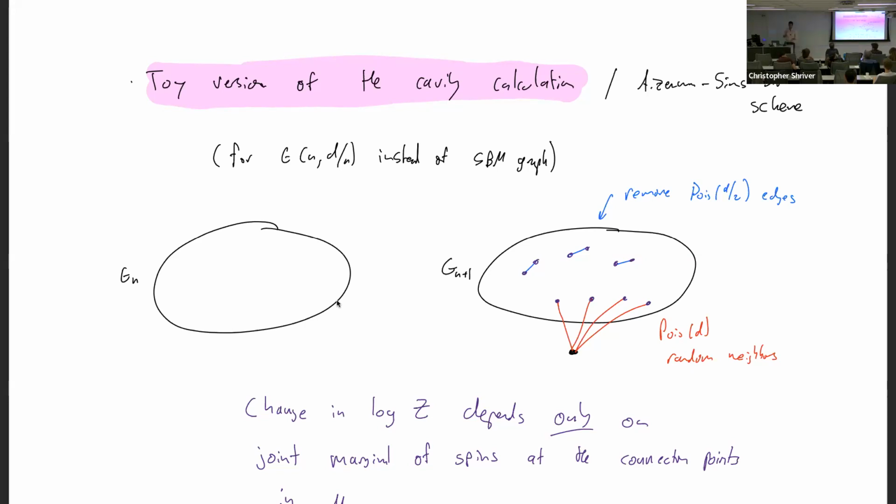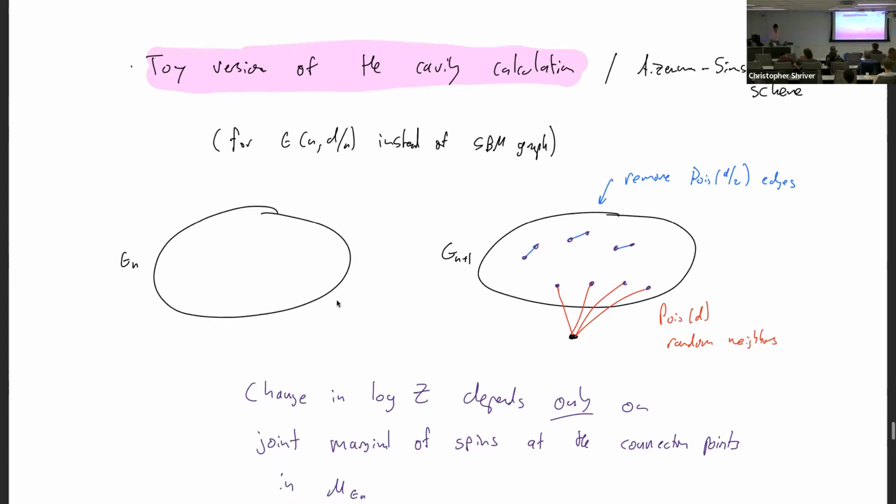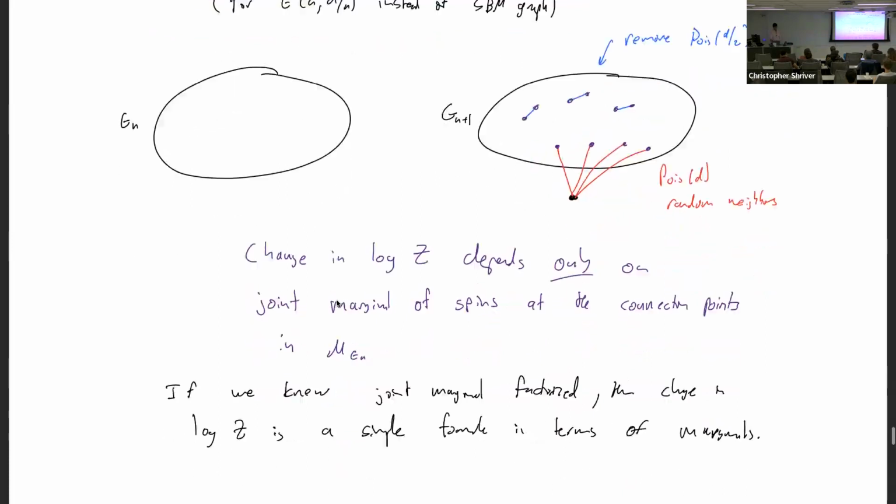You might want to stop there, but you did something wrong if you stop there. I just added Poisson d edges, but that means I have d over 2 in expectation too many edges. So the edge density in the old part of the graph is a tiny bit too high, and I should remove some edges. I should remove, let's say, Poisson d over 2 edges from the rest of the graph, just so I don't start accumulating too many edges if I keep doing this.